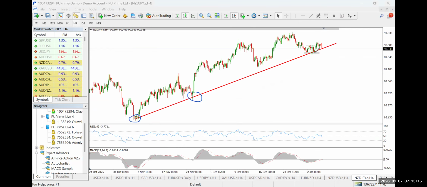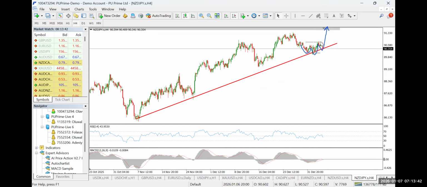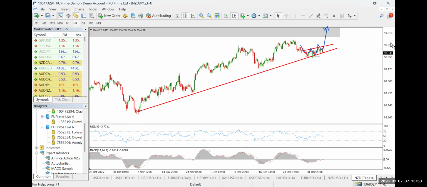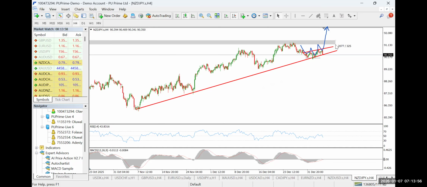Price is making a series of lower highs, and technically I'm expecting a further continuation, and my confirmation will be the fact that this is already forming an inverse head and shoulders pattern. If price breaks out above the neckline region, which is this region up here, or better still, let me use the trend line tool to draw it. If price makes a break above this current region, that's the neckline region, then we'll see price go to the upside. And the earliest area price will target will be the next resistance.